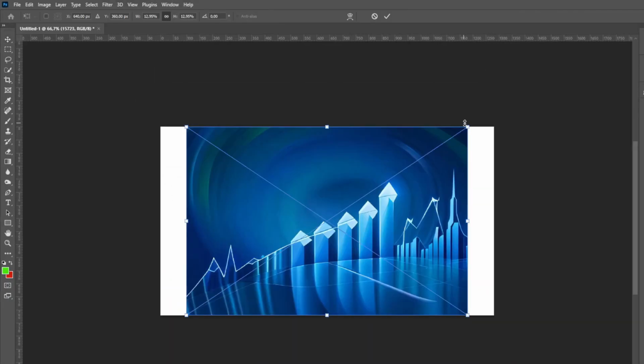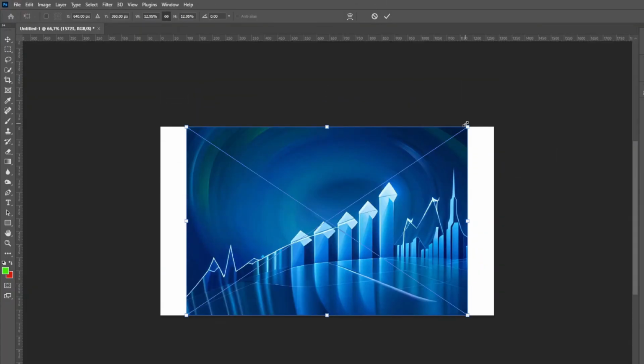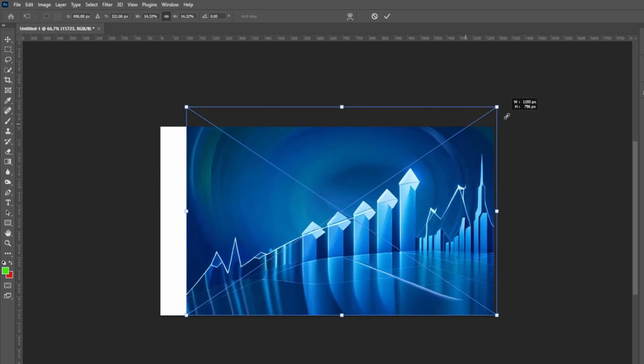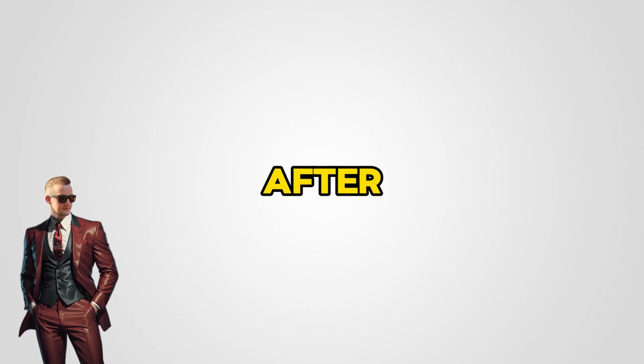When your chosen picture pops up in Photoshop, make it fit like a glove over the white background. Just press Ctrl+T on your keyboard and voila, a box appears that lets you resize your image. Hold the Alt key, click and drag the corner of the box, and watch as your image transforms. But wait, even after the best fit, our thumbnail is looking a bit bland.